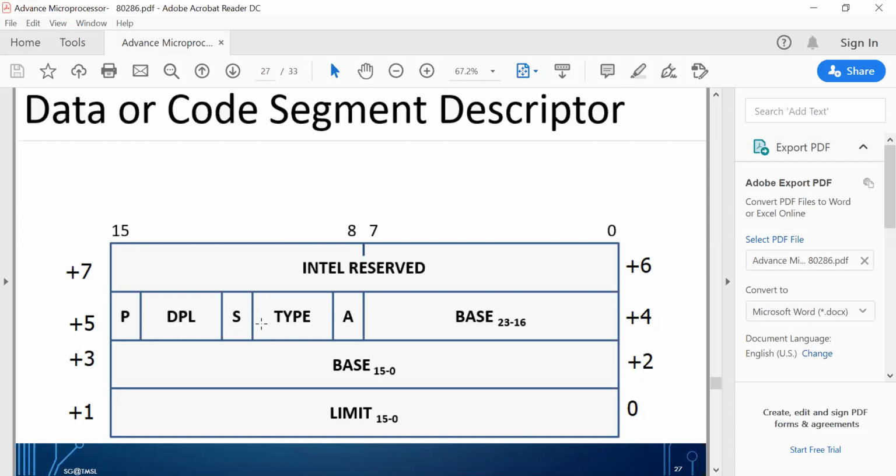Now, if this type is for a code segment, then what will be the bits? Suppose it is divided into 3 bits in this way: 0, 1, 2. Bit 0 is called the executable bit, that defines the type of the code segment, which equals 1 or equals 0, and then the conforming bit, which means the code segment may only be executed when a different